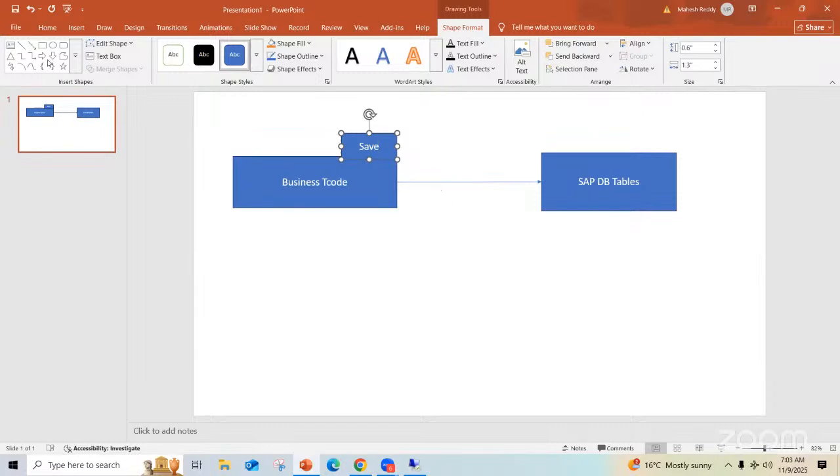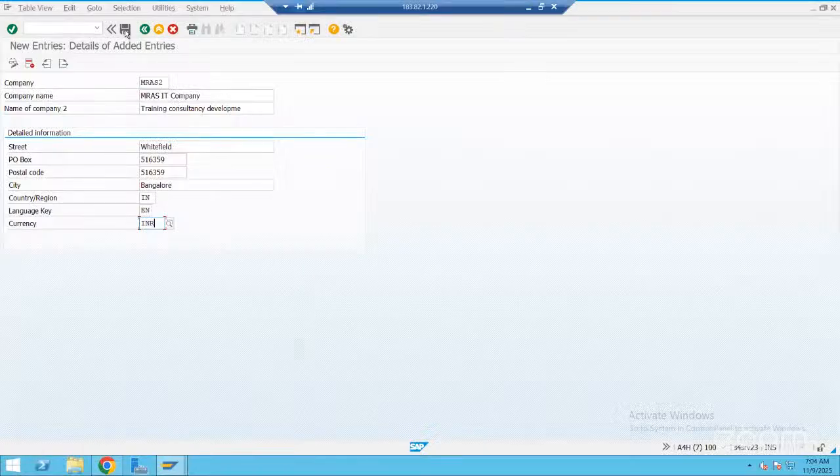Yes. The concept for this exception, how they have developed it, is not based on the other concept like MM01 and all. The concept in the backend is the database tables, and a database maintenance view is there in the backend. This is a maintenance view. This maintenance view is responsible to transfer the data from here to here. This is the concept. Now the moment I click on save, the data will go.